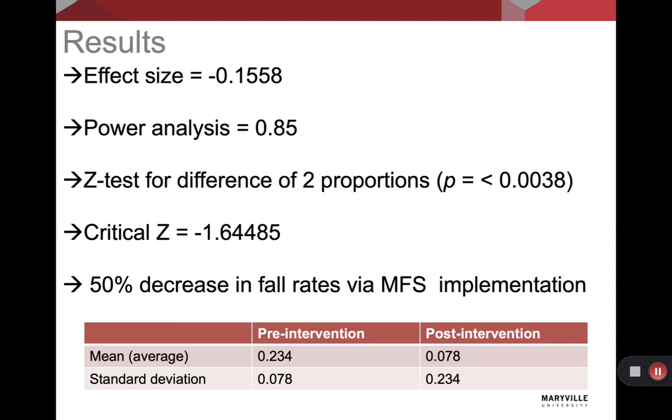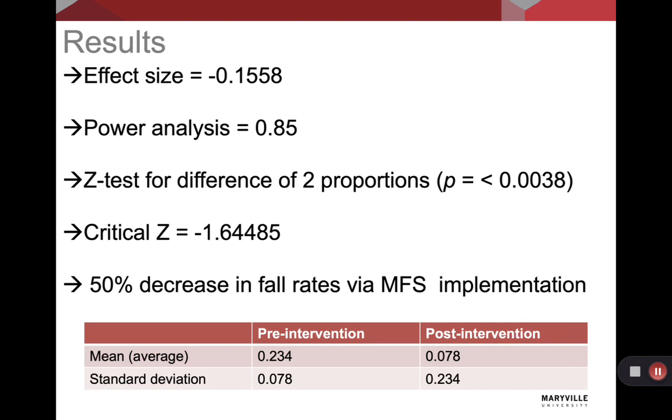The test revealed a statistical difference between the pre- and post-fall rates, with a p-value less than 0.038. Out of 77 patients, 18 patients experienced a fall in the pre-intervention period, where only 6 of the 77 patients experienced an inpatient fall in the post-intervention period. Therefore, there was a 50% decrease in fall occurrences in the post-intervention period where the Morse Fall Scale tool was